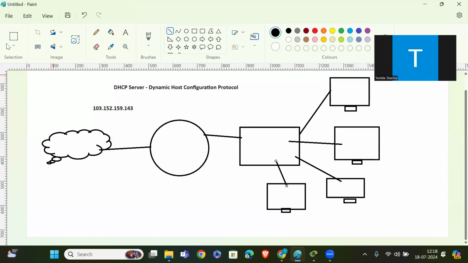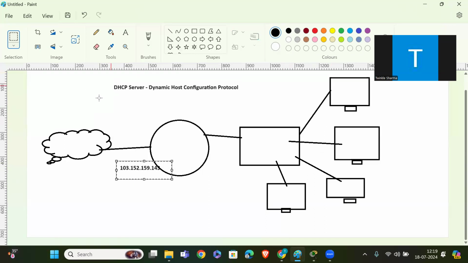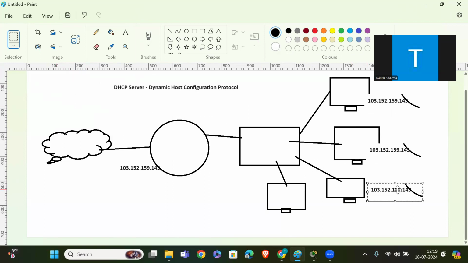Okay, so this IP address is provided to my router by the ISP service provider, and it is also given to all my systems.